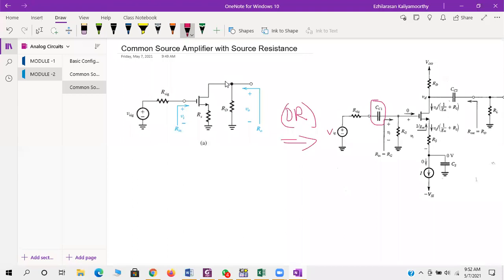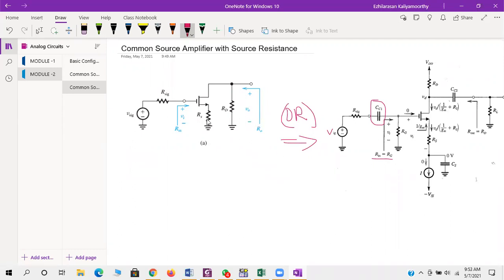Else, when you go for finding the small signal parameters, there will be a presence of coupling capacitance, so you need to draw it. At the same time, there is a gate, and the gate resistance will also be there. This gate resistance is nothing but Rin, that is, the input resistance we normally call. Then drain RD will be there. Then coupling also RL. Here RL is virtual, so everything is virtual here in our thinking.